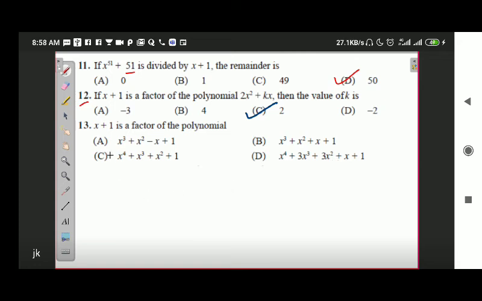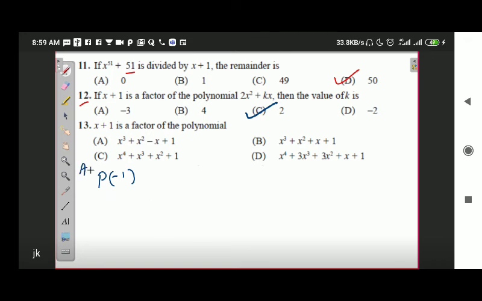Keep in mind the factor theorem is no longer in your course. So if this question comes as a subjective question, you have to do the long division. Factor theorem according to latest syllabus of CBSE is no longer in your course. Since it is an objective question, we are applying the factor theorem. But if this was a subjective question, you had to do the long division. So we will find the value of p of minus 1 for all of them.